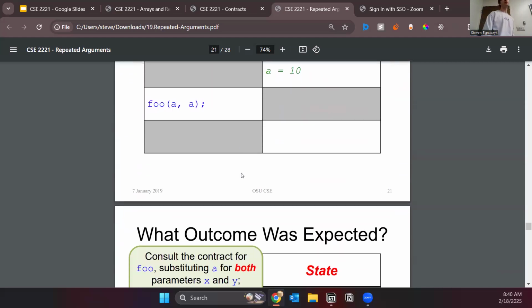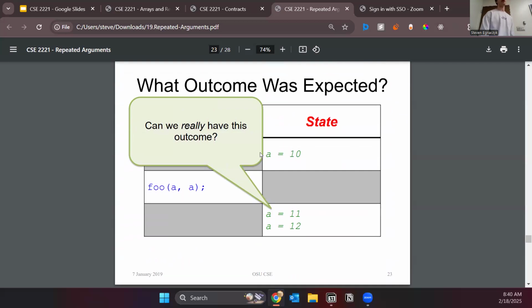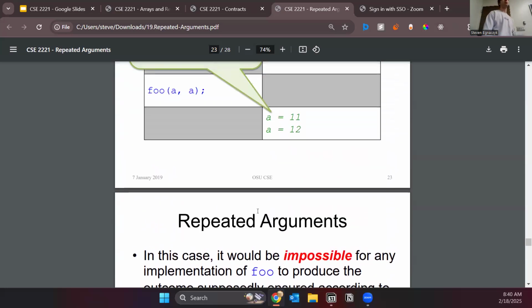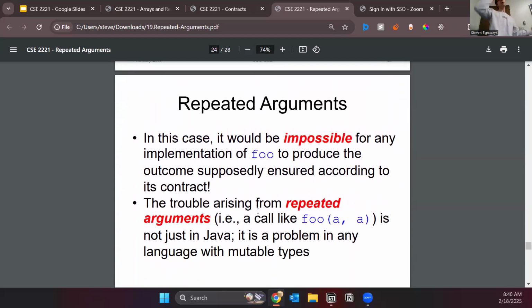So what outcome was expected? We expected that a was supposed to be both 11 and 12 because a was serving as both x and y in the contract. But that's not what actually happened. What actually happened was that a ended up being 13. In this case, it would be impossible for any implementation of foo to produce the outcome supposedly ensured according to the contract. I dare you to try to create a program in which the same variable takes on two different values. It's impossible. The trouble arises from repeated arguments,